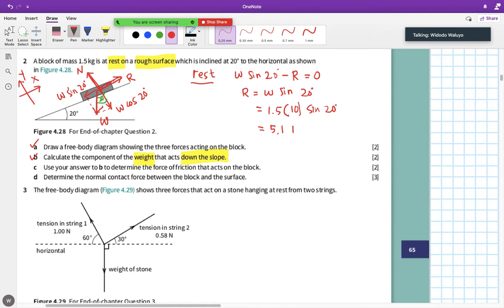Newton. This is the frictional force, because it is at rest, so the total force W sin 20 equals R. Okay, then for C,